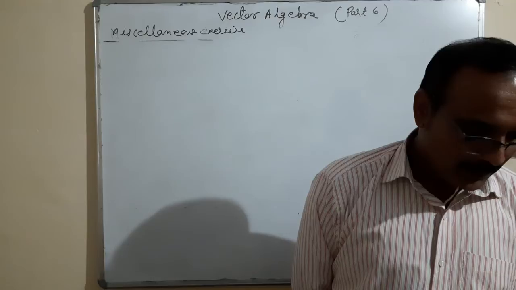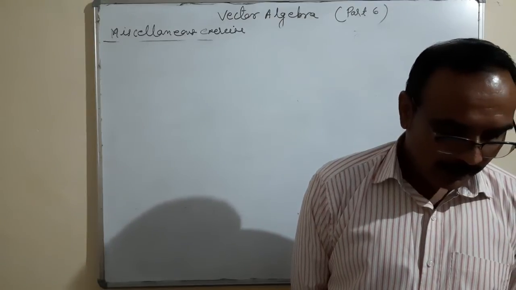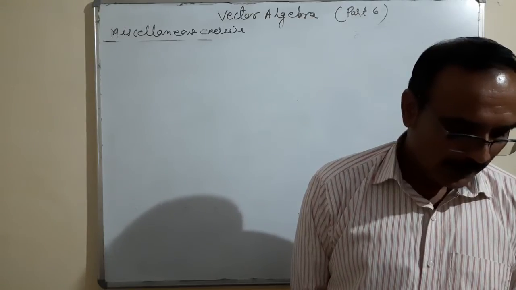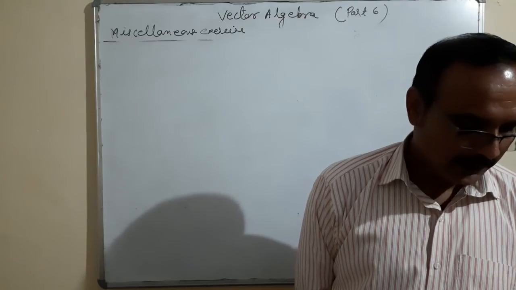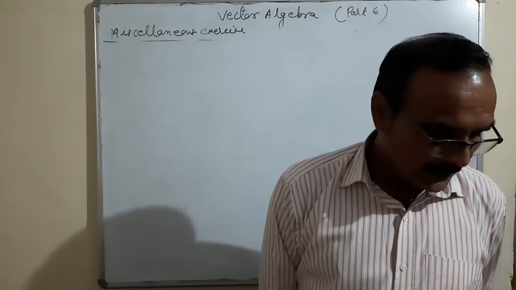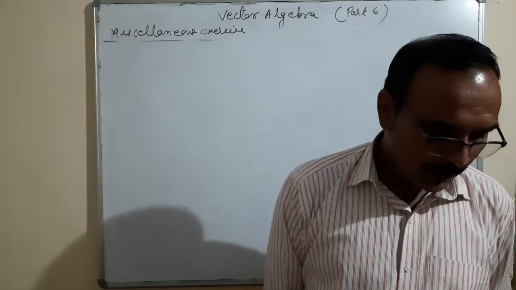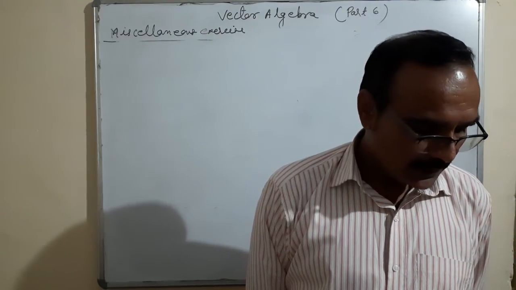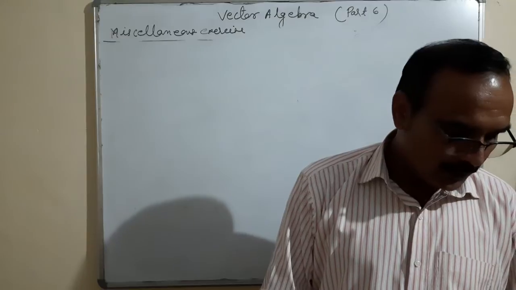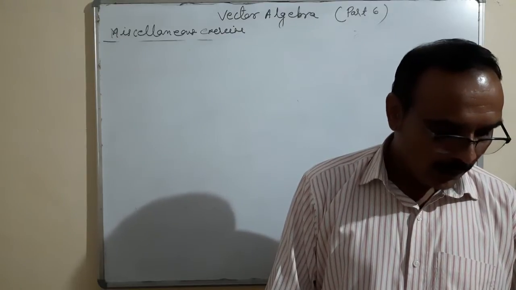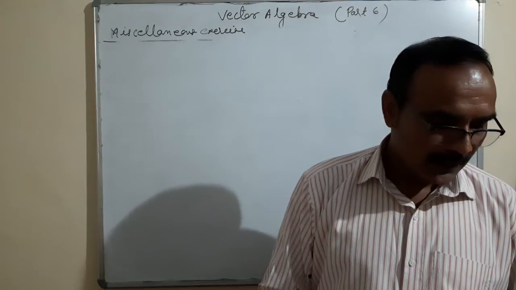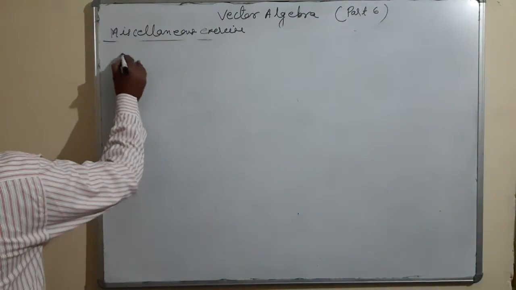Number 14. If A, B, C are mutually perpendicular vectors of equal magnitude, so that they are equally inclined to A, B and C. Actually, the question as printed, with C dot D equal to 15, is not correct. It is given that A, B, C are mutually perpendicular vectors of equal magnitude, so that they are equally inclined to A, B and C. Only this is the question.